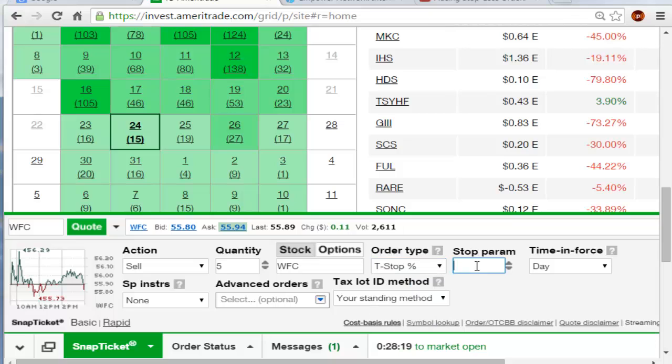Now for me, the percentage should be between 7 and 10%. Obviously, 7 is going to have less loss than 10%. But the thing here too is that it could just take a little dip and then go shooting back up, and we don't want to have it so close that it sells our position when it only takes a slight dip. So use 7 to 10%. You can even go higher if you want, depending on what your tolerance is. So let's just say 10%. You'll put 10 in there, and then you'll push,